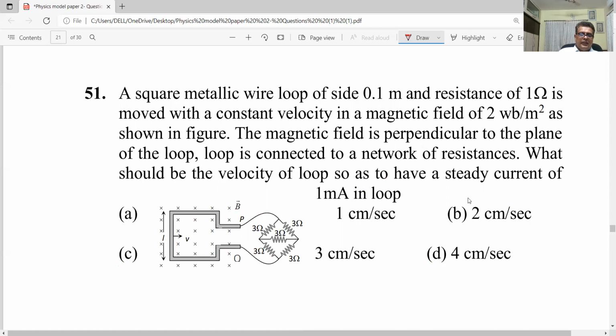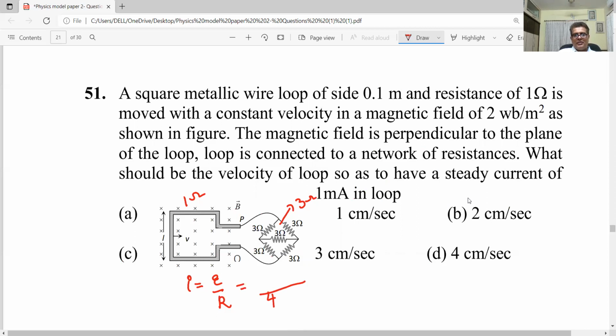Okay, see. Here current I is equal to generally EMF divided by resistance. Now let's see what the resistance is. When you look at this, you will understand. The value of the resistance is 3 ohm. Why does it come to 3 ohm? Just see, this is a Wheatstone's network. This has 1 ohm. Altogether, the total resistance in the entire picture will be 4 ohm. 3 ohm is of this. All right, you can do it if you want.